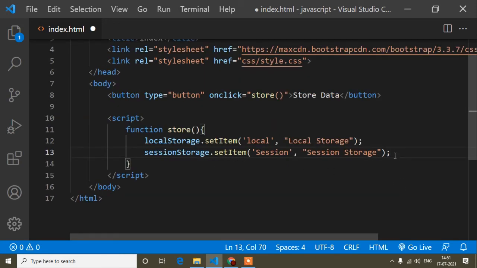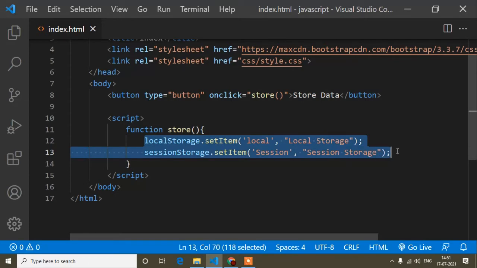So this is done. And now you are thinking, what is the purpose of using this storage? Using this storage, you can build your cart functionality. Every e-commerce site has a shopping cart. First of all, you add the product to your cart, and from there you can shop your product. So at this time the storage is also usable.